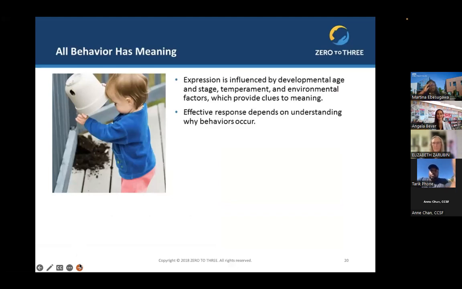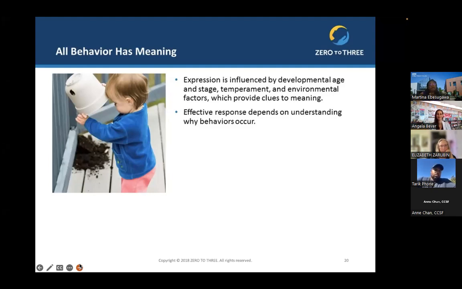I remember when I was working with one child who had lots of difficulties with behavior in the classroom and just really needed a lot of one-on-one support. The child wasn't diagnosed, but one of the things that we had a consultant come in and really brought home to us was that the behavior has meaning and that we needed to figure out what the child was trying to communicate to us by their behavior. And so that was the first time several years ago that I heard behavior has meaning. And so that was really intriguing for me.